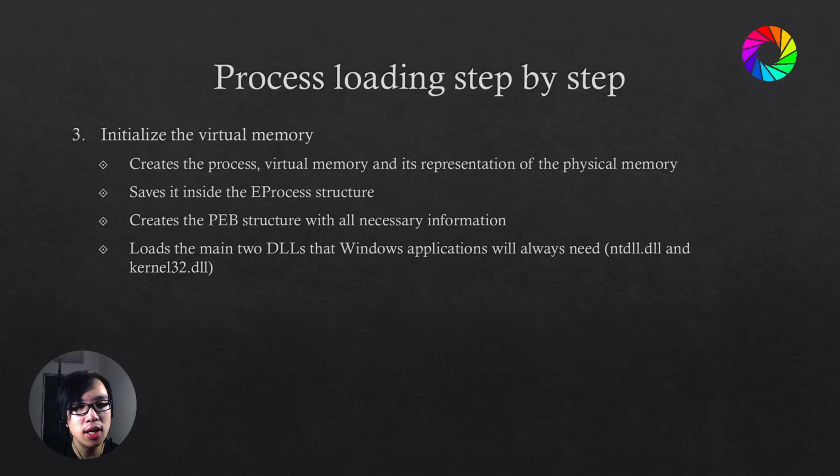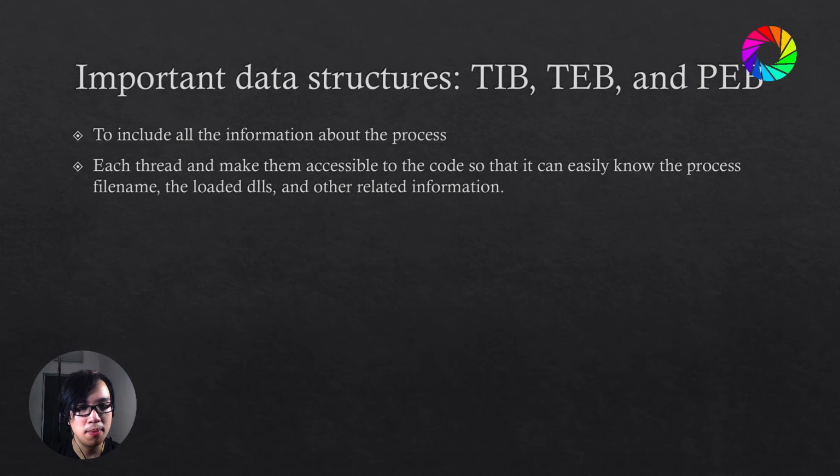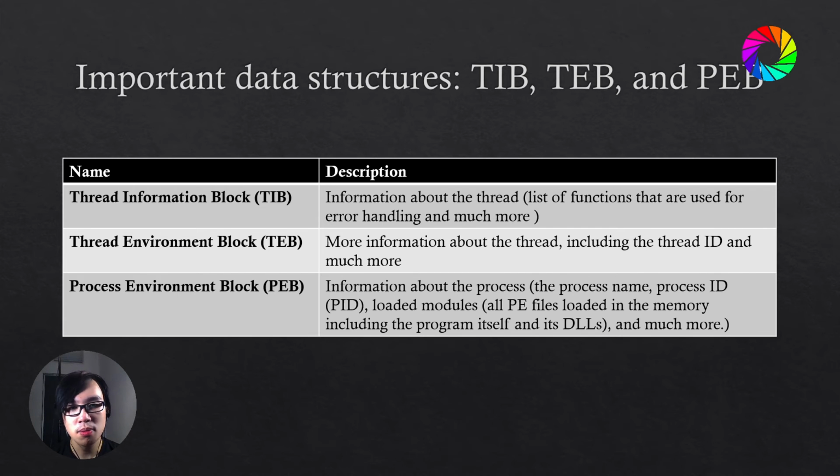Then in step 3, initialize the virtual memory, which is to create the process virtual memory and its representation of the physical memory. Then save it inside the EPROCESS structure and create the PEB structure, which we discussed before. That one is about the Process Environment Block, PEB,